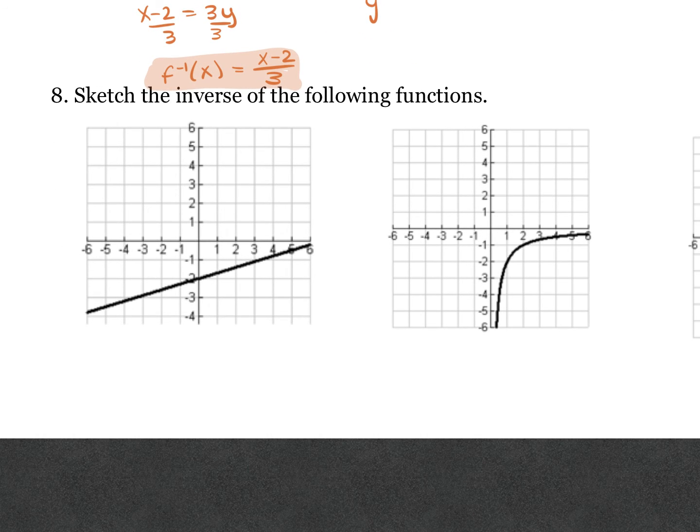All right, last one, number 8. The way you inverse a function is just by picking out some key points. So I'm going to pick -3, -3, and 0, -2, and 3, -1, and then 6, 0. So if I write out these points,